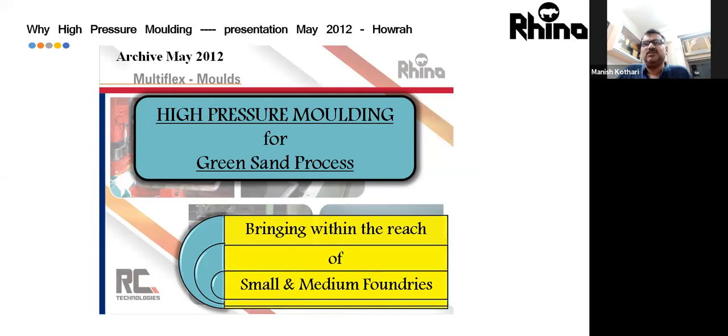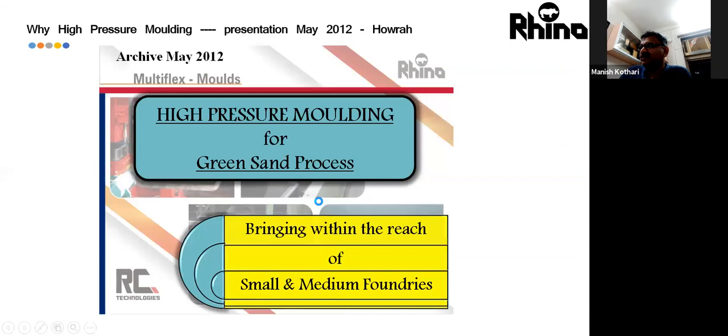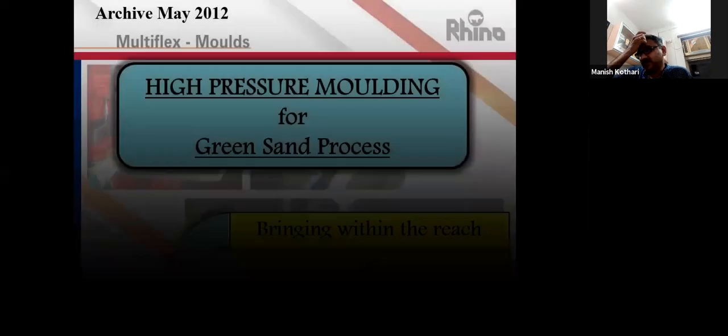Larger foundries could afford it because of the quantity, because of the volume these automatic machines could do, but largely the foundries that had Jolsky's machines were all looking at anywhere from 50 tons per month to 500 tons or 1000 tons per month. These foundries formed a very large segment. I think it's almost 50 to 60% of the segment of foundries in India, where there were a lot of challenges. And this is, so let me open this presentation.